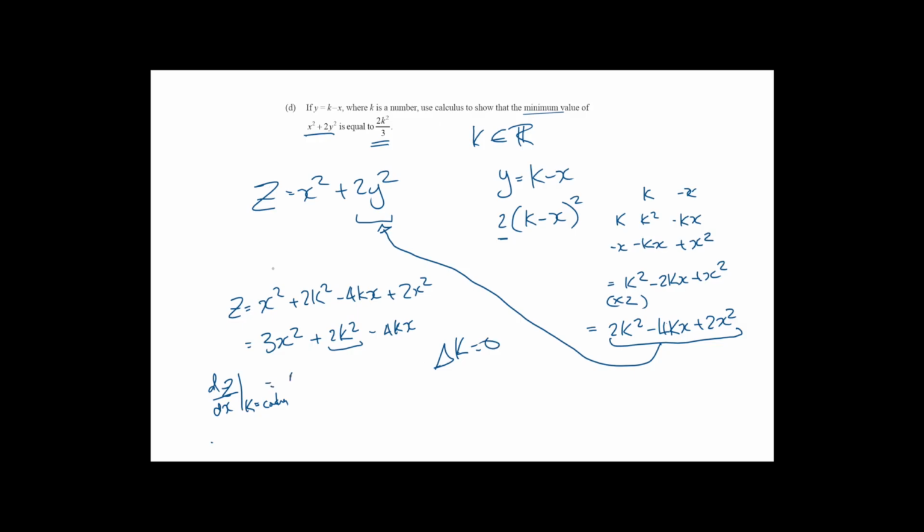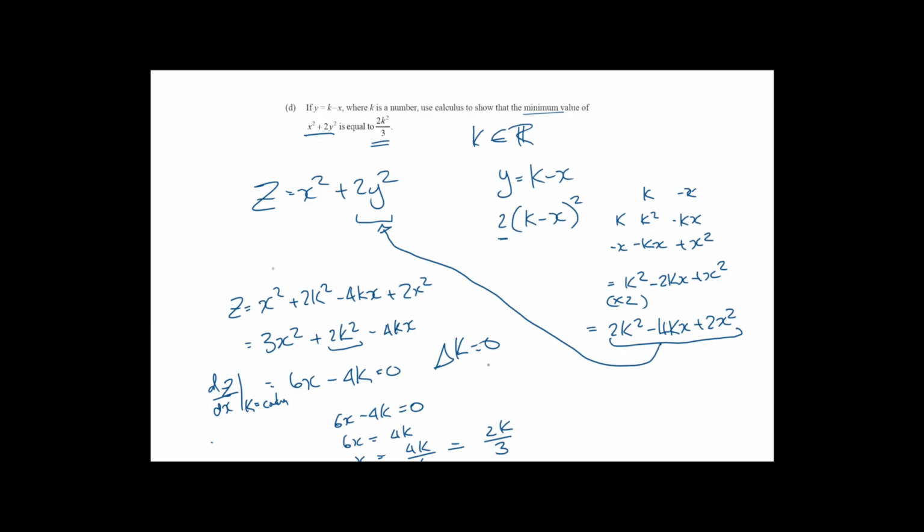So that's going to be 6x, and this term here is going to disappear, and we're going to be left with 4k when we differentiate that. And now we want to set that equal to 0 and solve for x. So 6x minus 4k equals 0. So 6x equals 4k. So x is going to be equal to 4k over 6, which is 2k over 3,